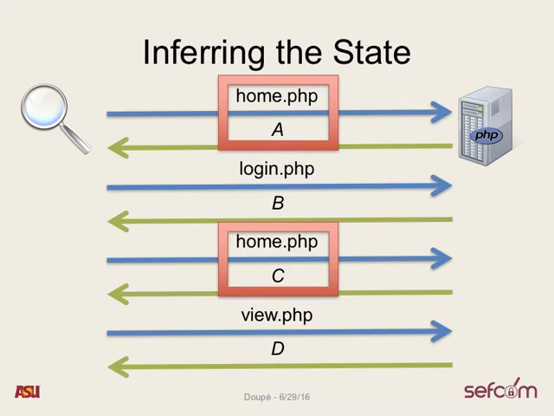If we think about the application as a Mealy machine, we'd say, okay, when we're in a specific state, when we make a specific request, we get that exact same output. So when I visit the home page, I'm going to get some response A. And if I make that same identical request later and I get back something different, the state must have changed. I must be in a new state now. Now there could have been multiple states in between that I missed. There's a whole bunch of ways that this can go wrong. But this is the key building block that we use to build this thing